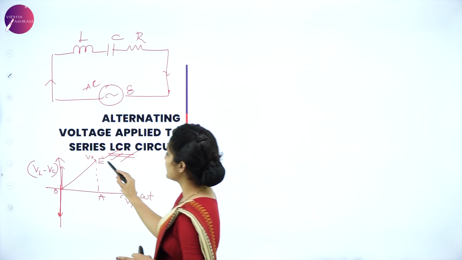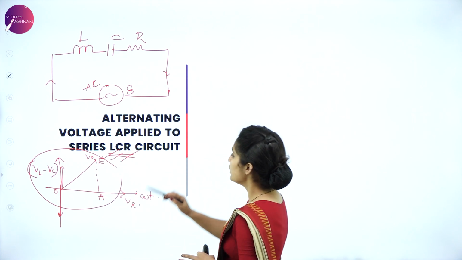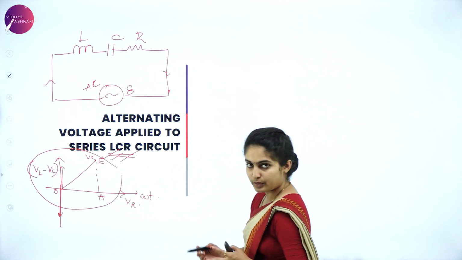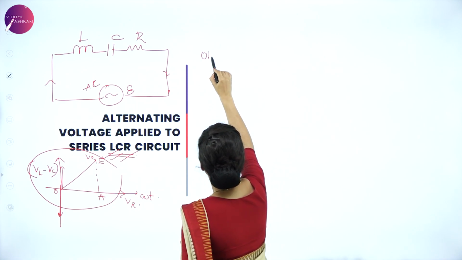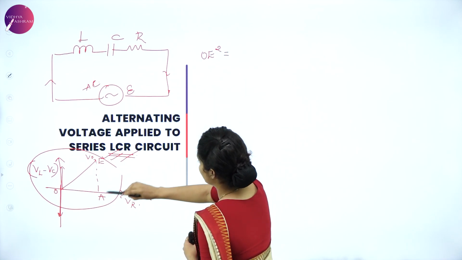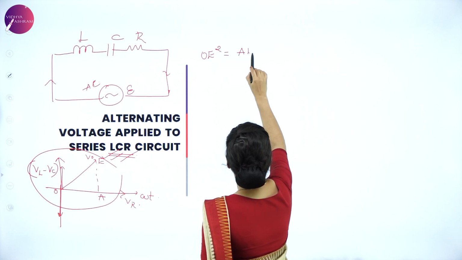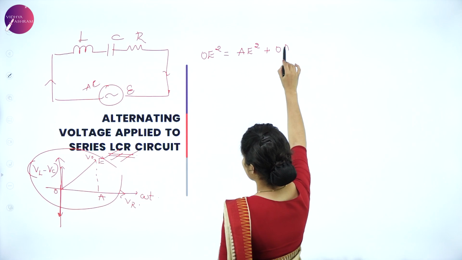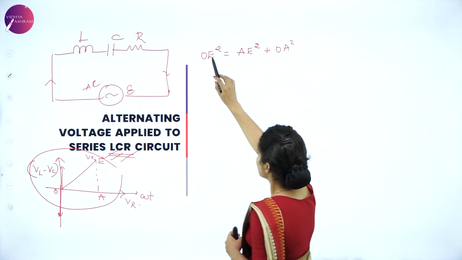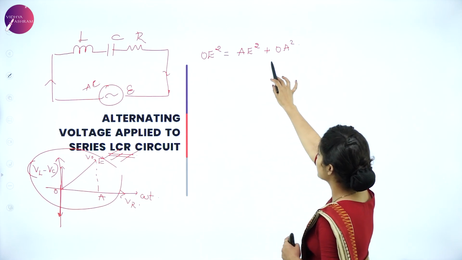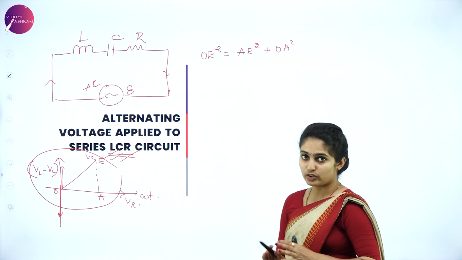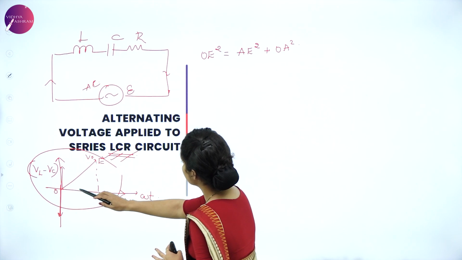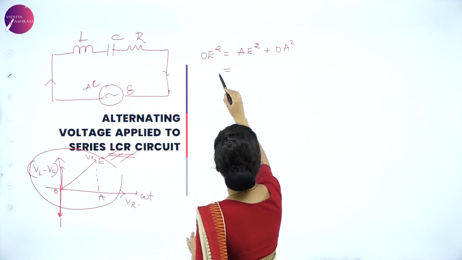But we consider only the above terminals for our reference. So let us see, according to the Pythagoras theorem, OE square is equal to AE square plus OA square. This is the square of the hypotenuse, which is equal to the sum of the squares of the other two sides of a triangle. So now on equating this, you have OE square is equal to